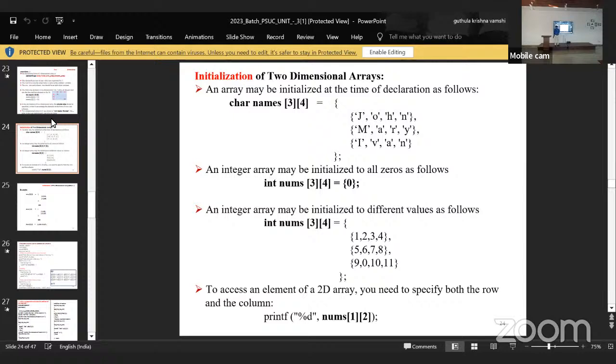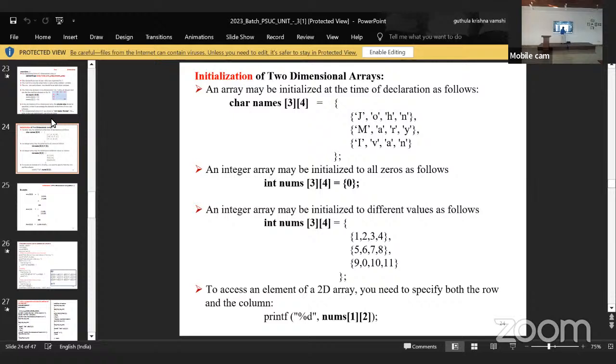That means the entire dimension becomes 0. Now if I want to initialize the numbers 3, 4, it is the integer type, and whatever values you can write. When you have given like this, it will be stored into